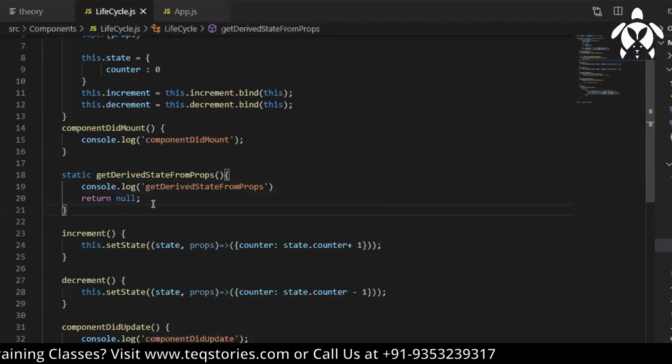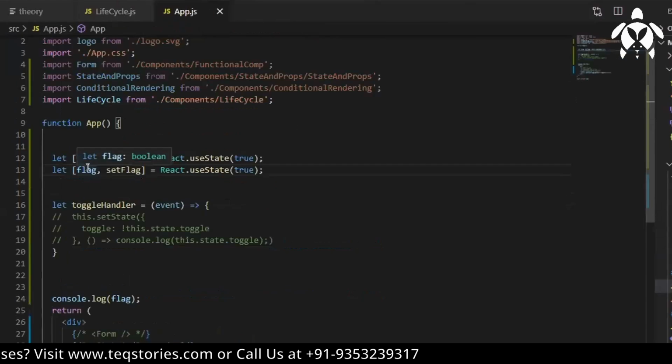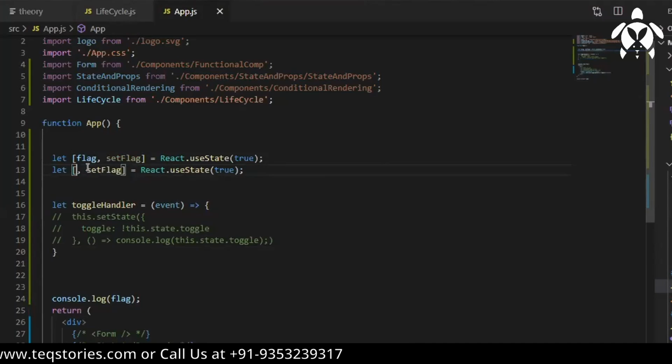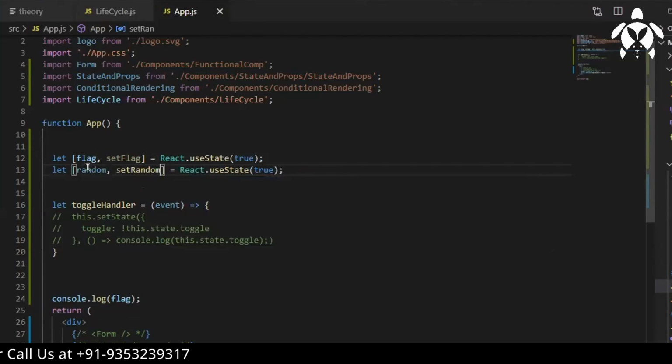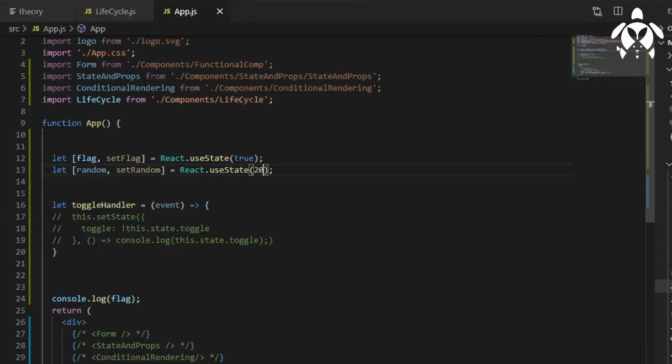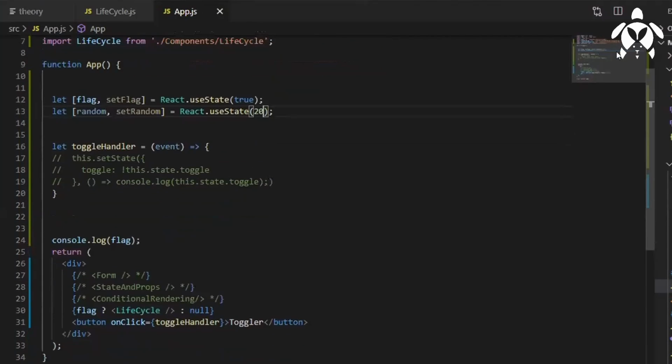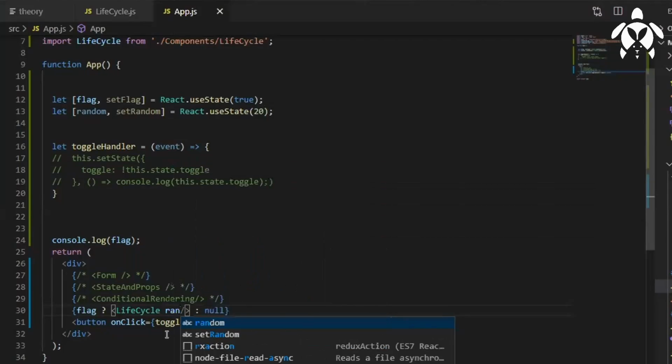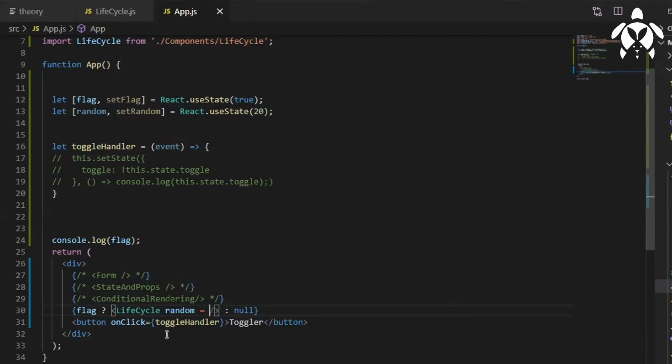Okay, something I have to return. Fine. Class component. So let's say I'm sharing some data, random value, say 20. Or I could have written Math.random, which will give you a different value. Now I'll just give a static value, and here I will share data like random equal to 20.